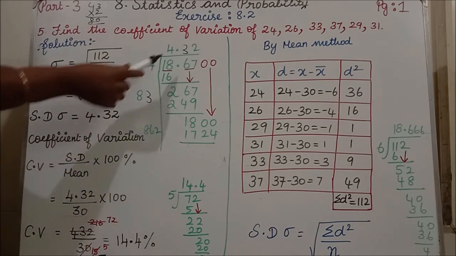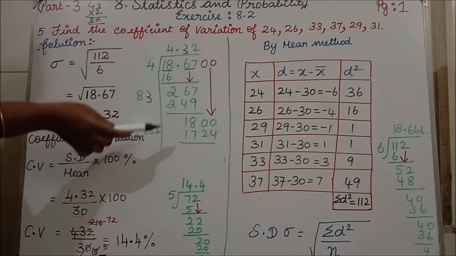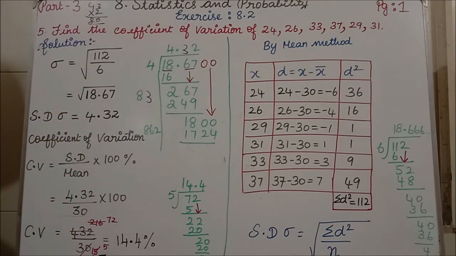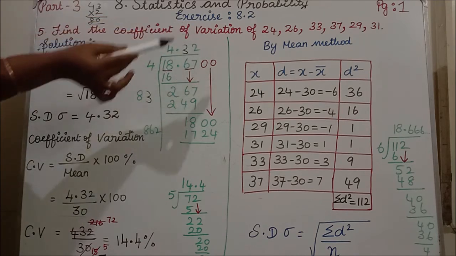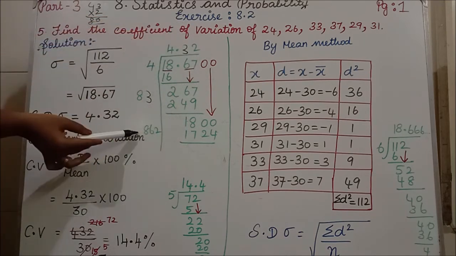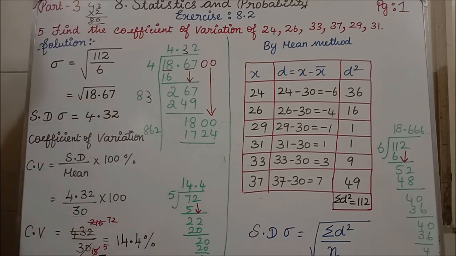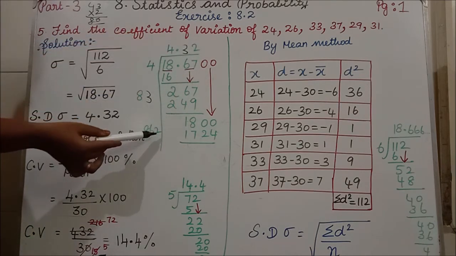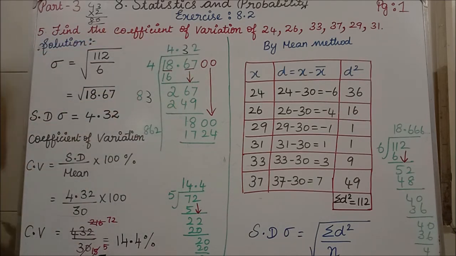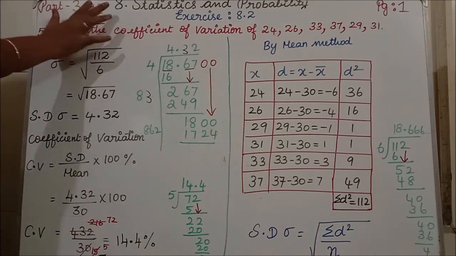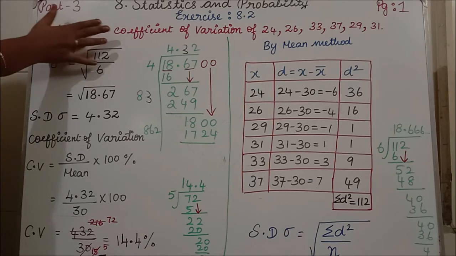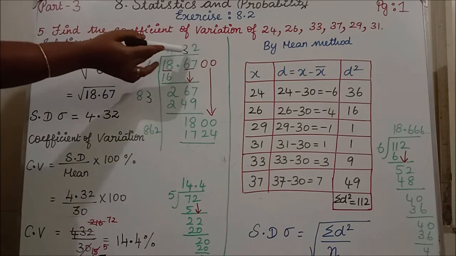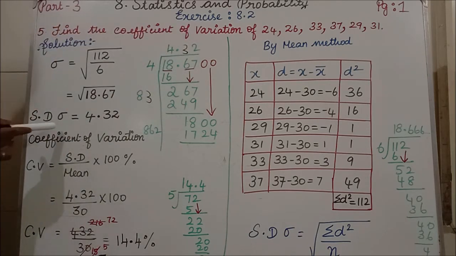So now after this 3, what number are you writing? The same number here also you have to write. If you are writing 1, then here also 1. 1 into 861, that is very less. So 2 into 862, it is coming 1724. So no need to subtract. We have got 2 numbers after the decimal, that's enough. So the answer is 4.32. Therefore the standard deviation sigma is equal to 4.32.